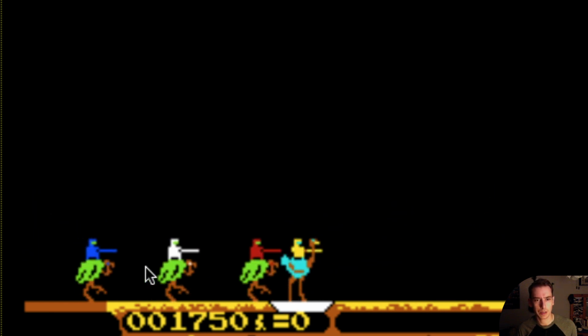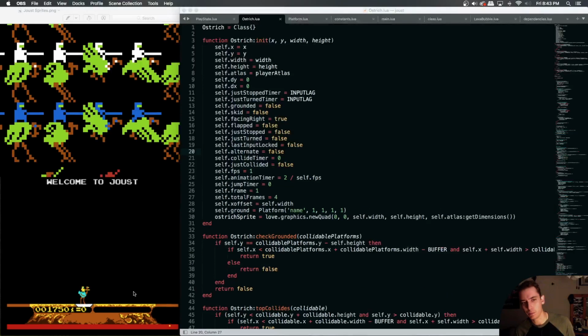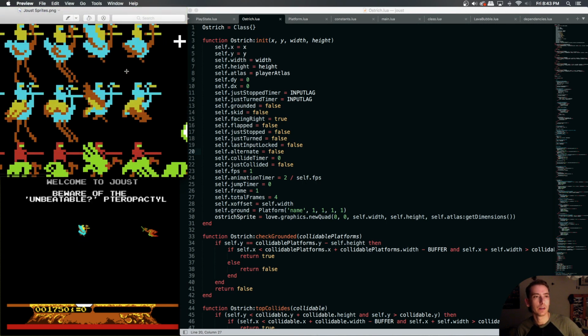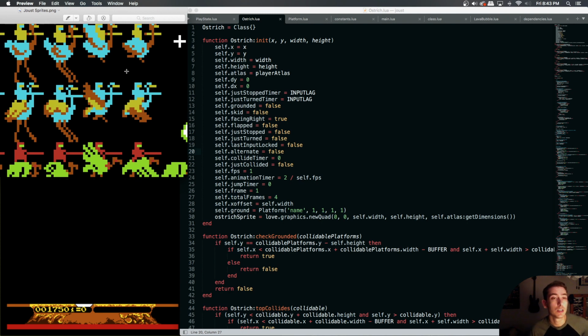So we'll be making probably the bounder today, and by making, I mean we've got this sprite sheet, so we're just going to extract the sprites for it, make sure it's spaced properly, and then